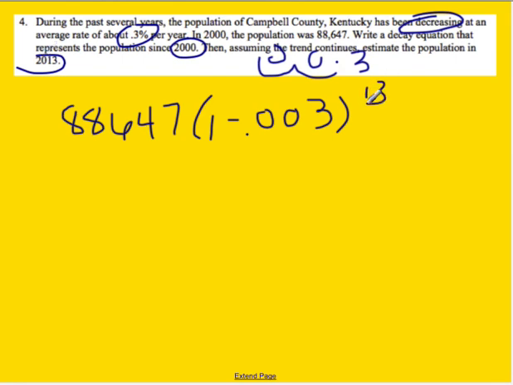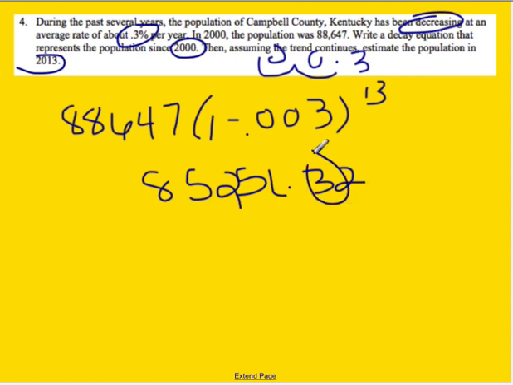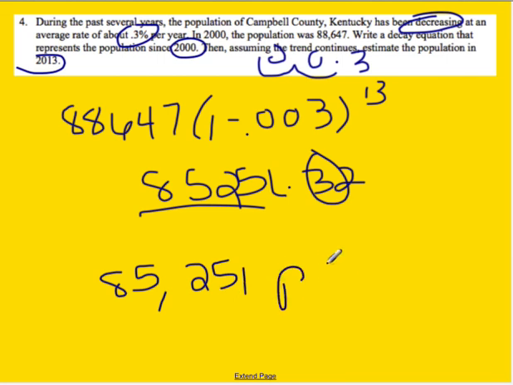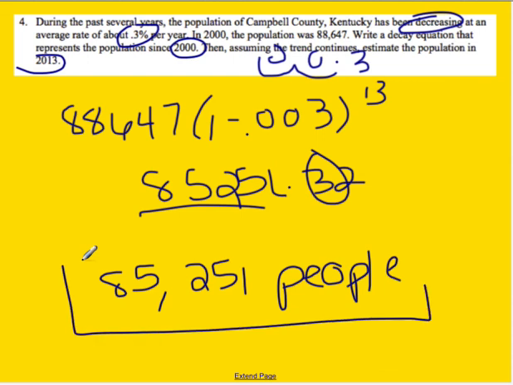So now you can go ahead and plug this into your calculator. Again, here we are talking about people. So when you plug it into your calculator, here's what you get. If we want to take a look at our decimal, please don't write this as your answer. I don't want to know what 0.32 of a person is. Well, since this number is below 5, I can just take this number. So the population is going to be 85,251 people in 2013. So that right there is your final answer for